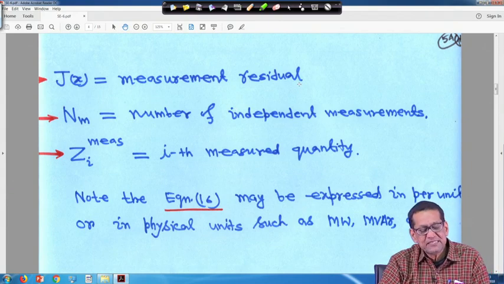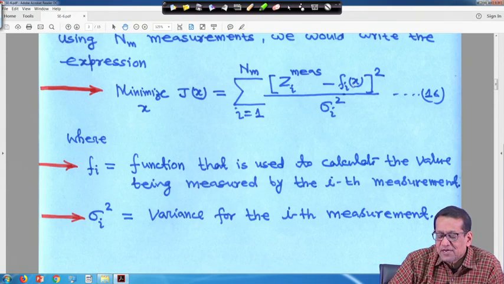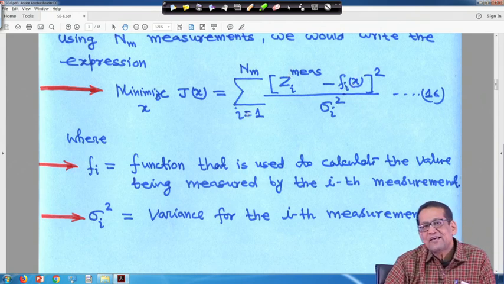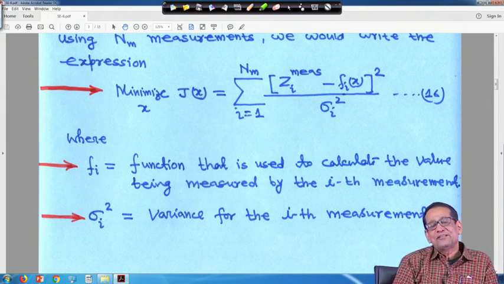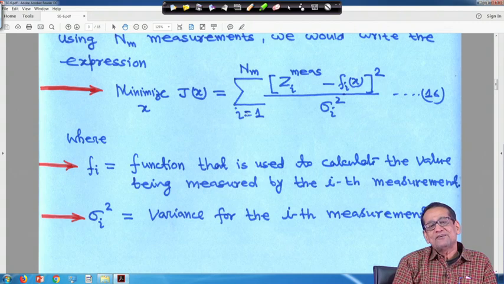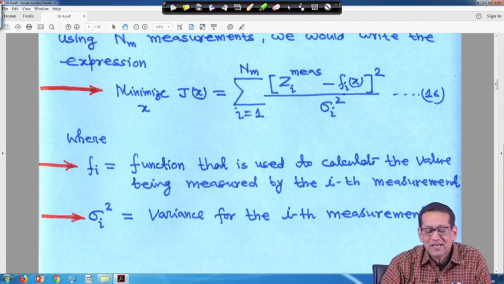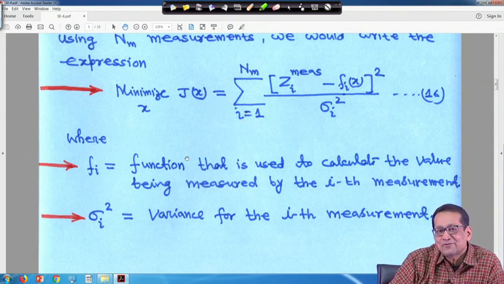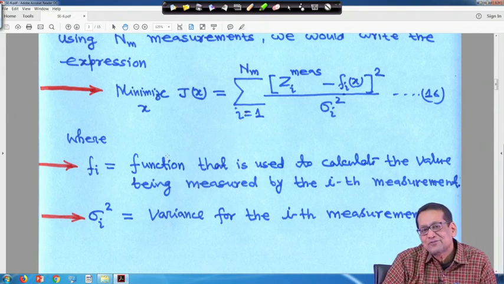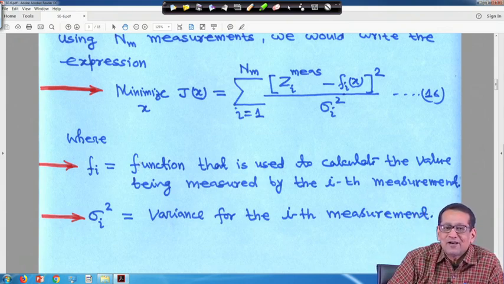Now, J(x) is equal to the measurement residual, because we are taking the measured value, and this one you are calculating, f_i(x). The way in the load flow studies you have seen that for convergence, P_i minus P_i schedule, then Q_i minus Q_i schedule, the schedule value is there, but P_i and Q_i you are computing through your algorithm, that is through your mathematical expression, right. And you are trying to minimize that error such that it will be equal, and then you are just checking the convergence.